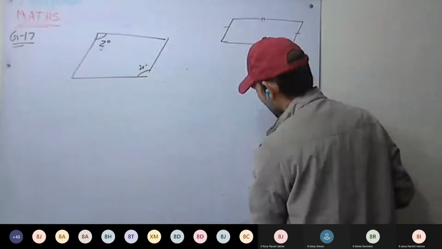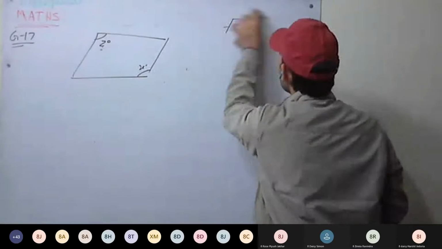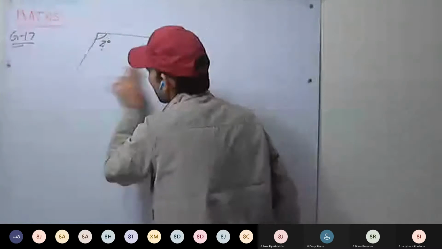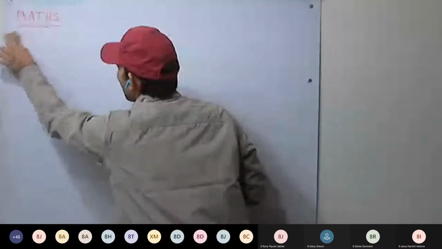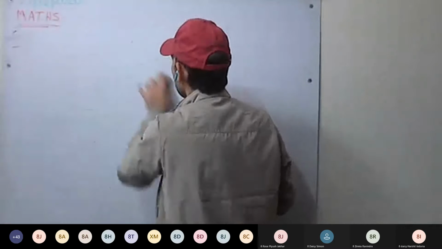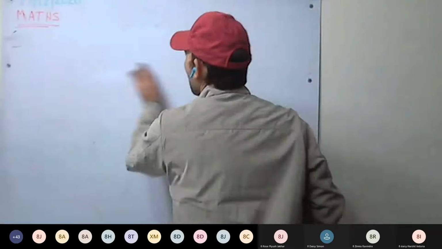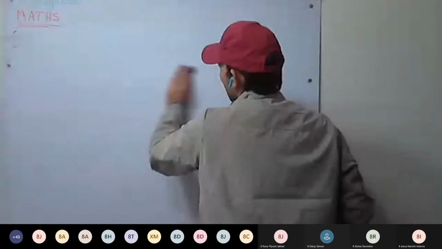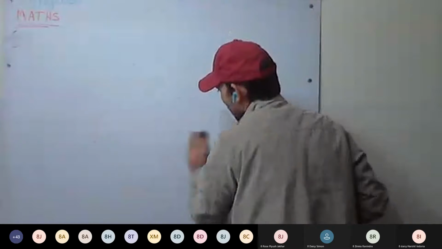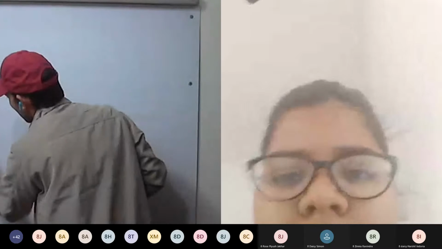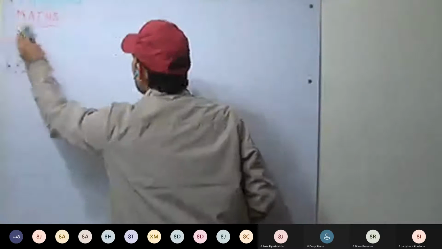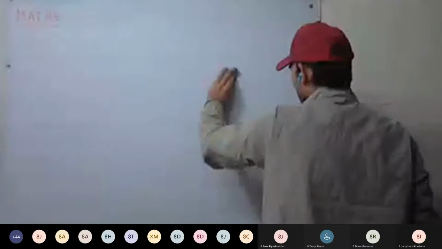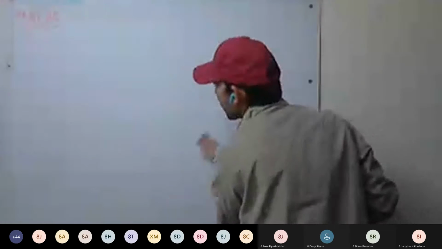Okay, now do the next one. First look at the figure, then see how you can solve, then you start doing. Draw the figure and see how you can do this one. Always draw a good sized figure. Next one, what figure is it? It is written as well: rectangle.